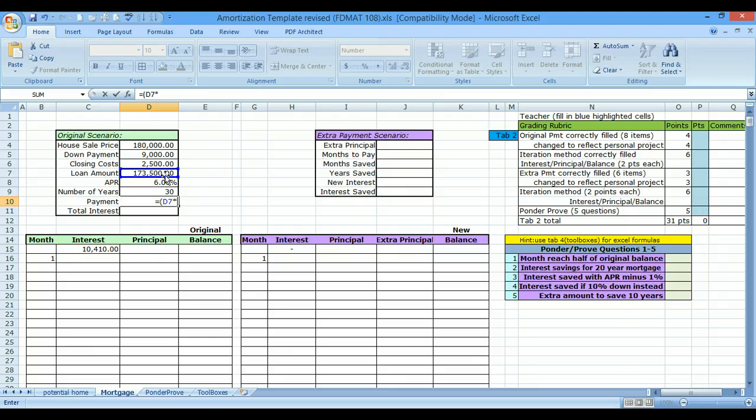times APR over N, APR, and this is monthly payments, divided by, open parenthesis, 1 minus, another parenthesis, 1 plus APR over N, or 12, and raise that small set of parentheses to the negative, oops, I need that inside parentheses, negative N times Y, and we're going to cell reference this one, and close parentheses. Enter. That's the long way of doing the payment, and it still works,